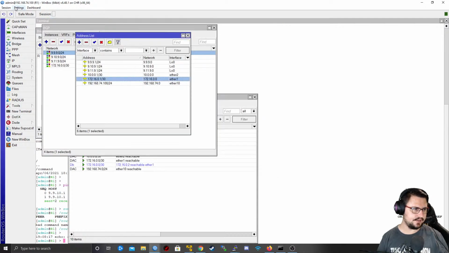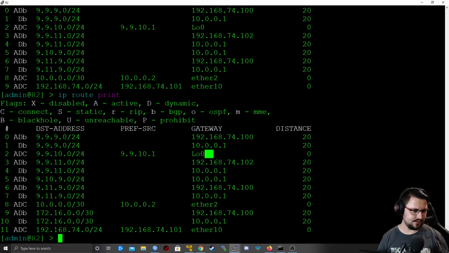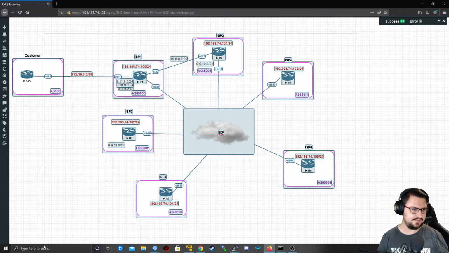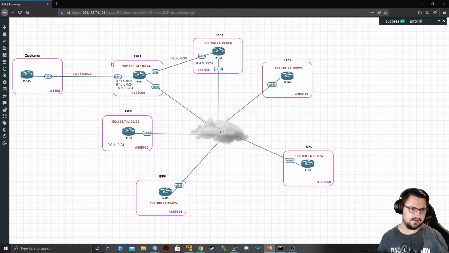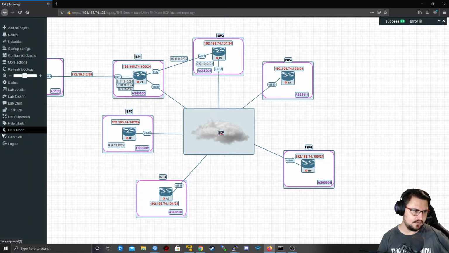Let's just close all this stuff. I might actually just disconnect from Winbox. It's so weird. I almost can't believe we've been busy almost 2 hours and it doesn't feel like we've accomplished much. Created like 3 peers with each other, an interconnect and a CPE, and there's still so much more that we can add on this. I'm actually going to end off the lab here, but this is just the BGP lab. I'm not going to call the stream off yet because there's some stuff that I want to